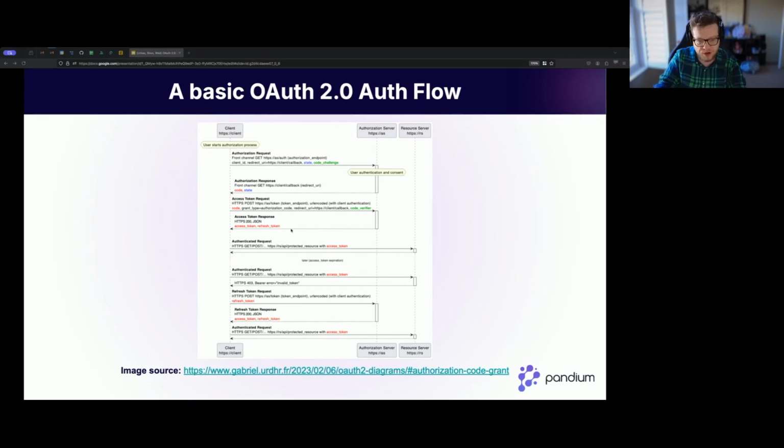And the other big part is the refresh token. So you get back an access token and a refresh token. Access tokens are short-lived. They're used to make the actual request. Refresh tokens are longer-lived. They're used to make new access tokens. You store the refresh token, all pretty vanilla stuff. This is for just one flow, though. And this is where we get into some of the craziness.